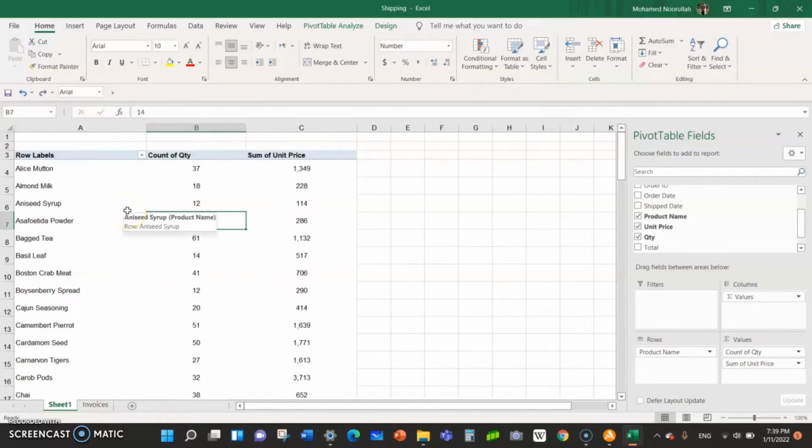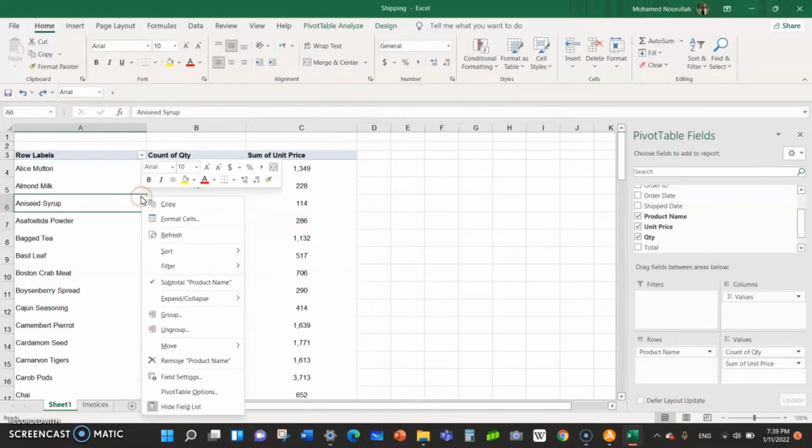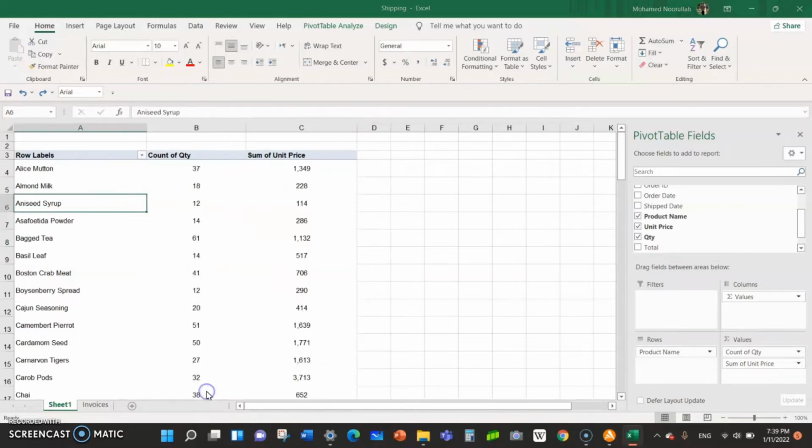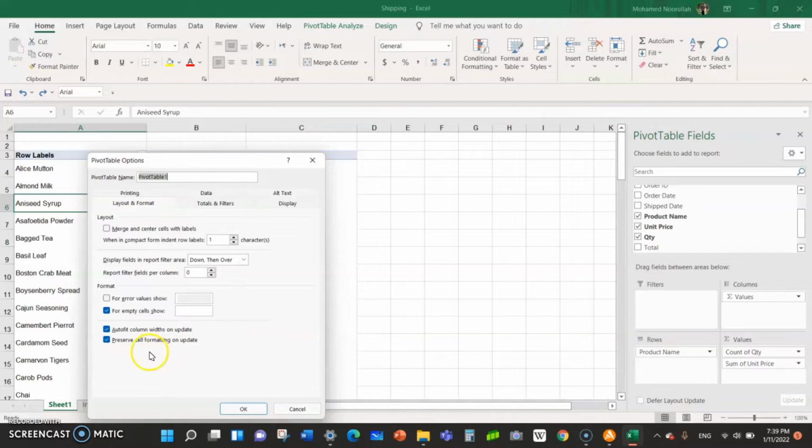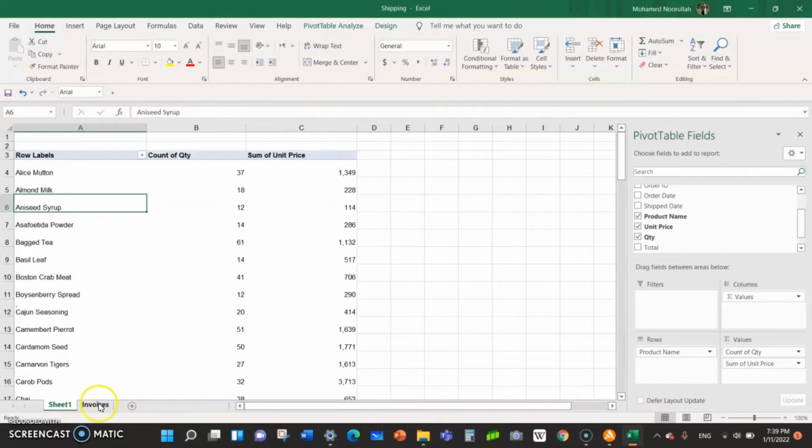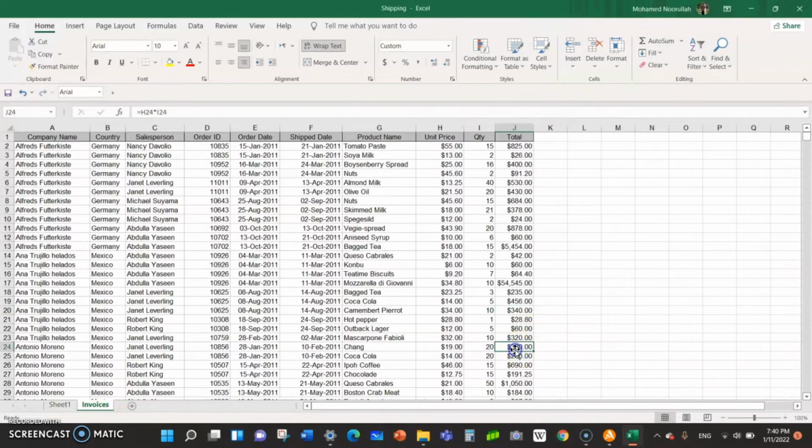Now you did some formatting. What you have to do is right click, pivot table options. Here in the pivot table options, there are a couple of options at the end: autofit column widths on update, and preserve cell formatting on update. You have to uncheck the autofit option. By default it is checked, so whenever you make changes and refresh, it will come back to its original column width. If you uncheck it, and now you make changes, for example,